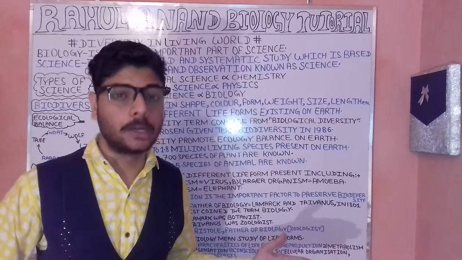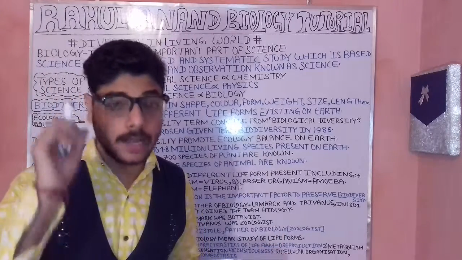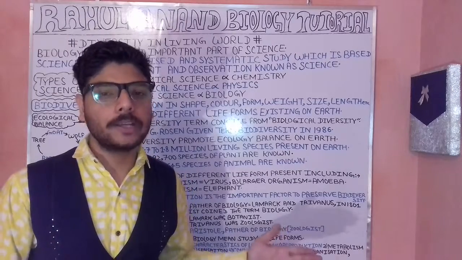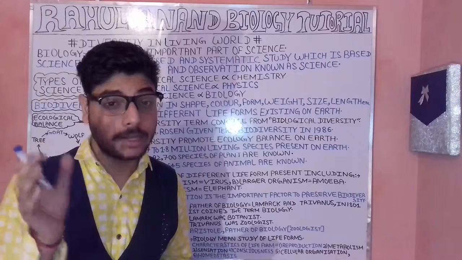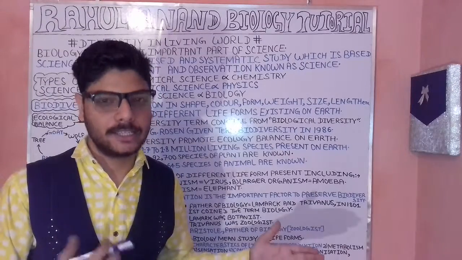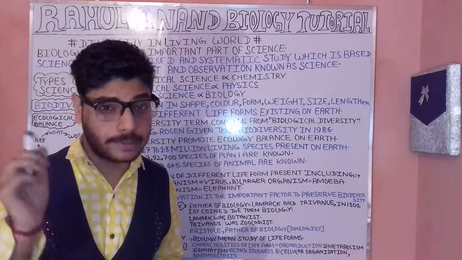It is being divided into the two broad categories. So these are the asexual reproduction and the sexual reproduction. The reproduction in which a single parent is required in order to produce the offspring comes under what case? It will come under asexual reproduction. On the other hand, we have sexual reproduction.